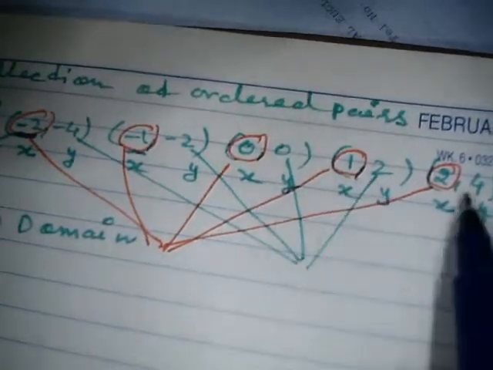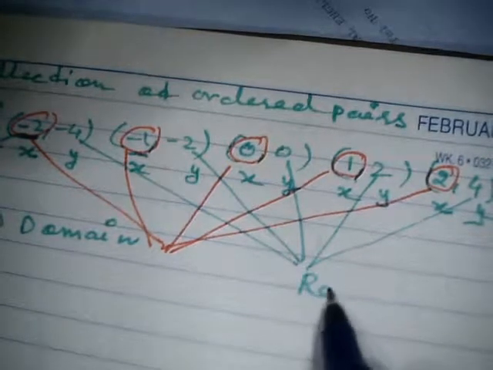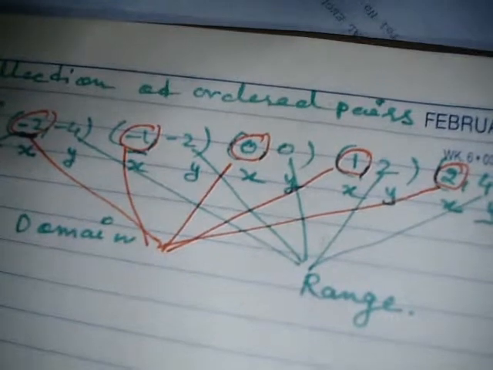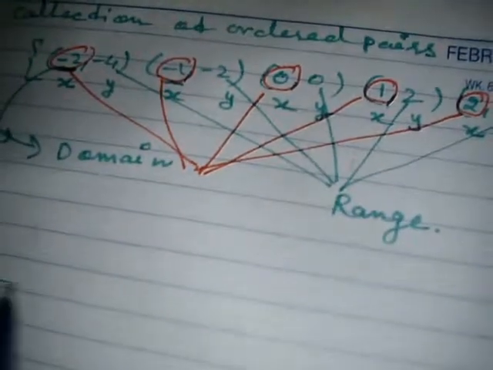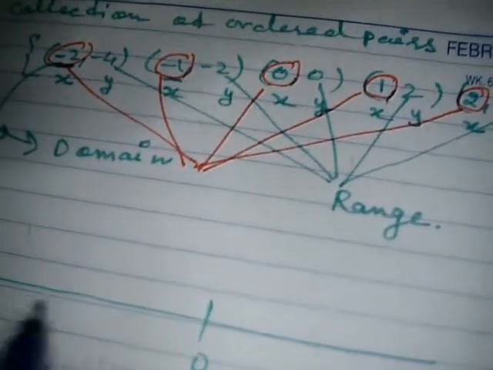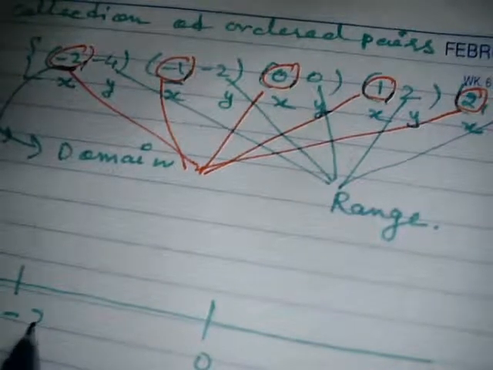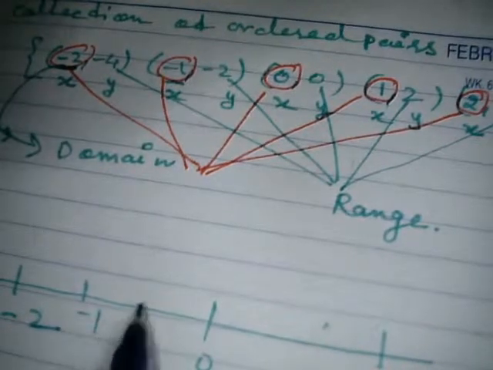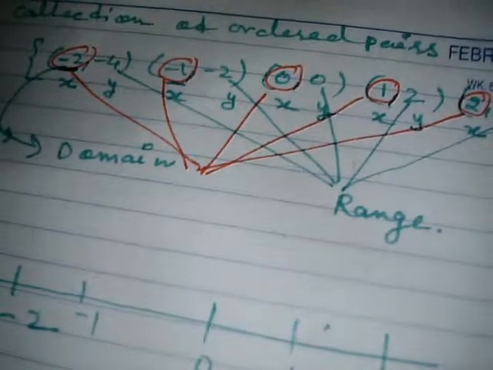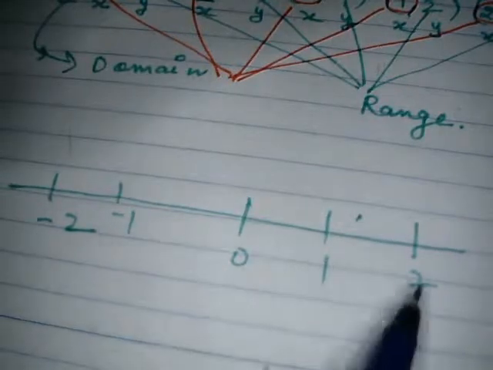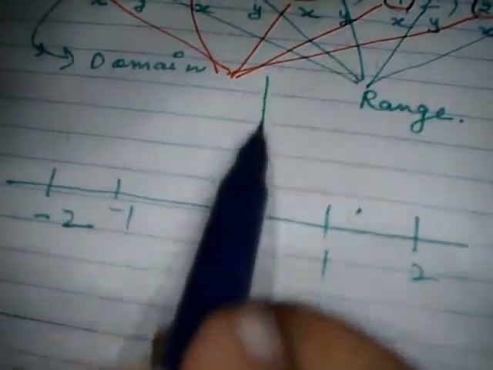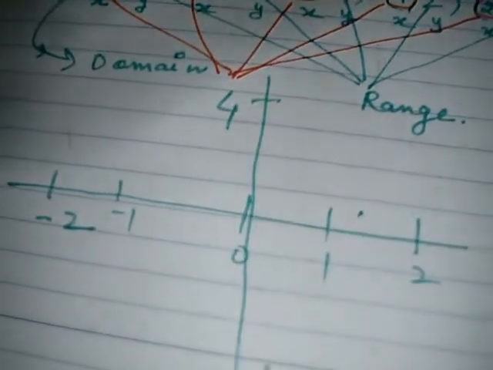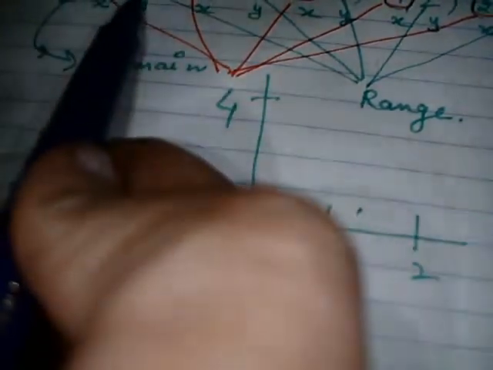Okay, so for the function on the x-axis we are moving from -2 to +2, correct? We have taken -1, 0 also, and 1. On the x-axis we are moving from -2 to 2. On the y-axis we are moving from -4 to +4, correct? Maximum and minimum on the y-axis: the minimum is -4 and the maximum is 4. On the x-axis the minimum is -2 and the maximum is 2.